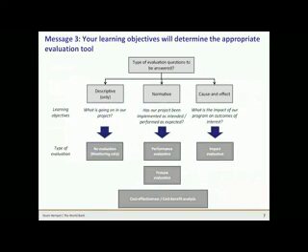The more pragmatic way to approach it, at least what we think is best, is to start with what a project or an organization wants to learn. Based on what you want to learn, whether it's what's going on in the project, or whether the project has been implemented as intended, or whether it is more an attribution question, those original questions need to drive the types of evaluation tools you choose, and not the other way around. And so all the different evaluation tools out there